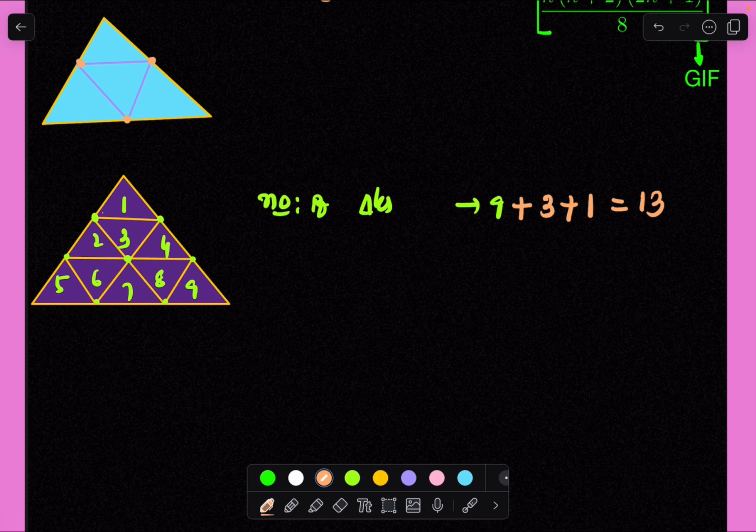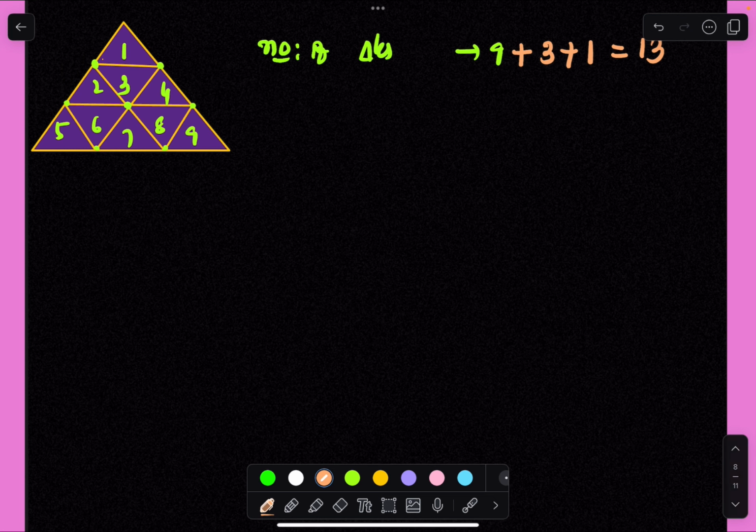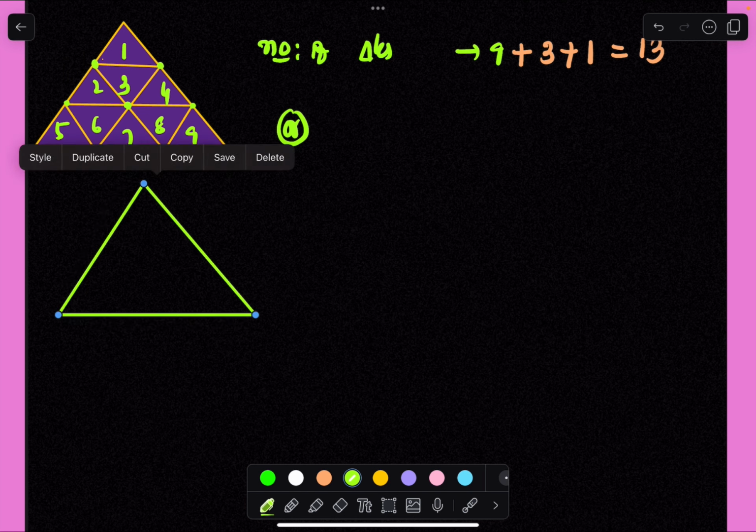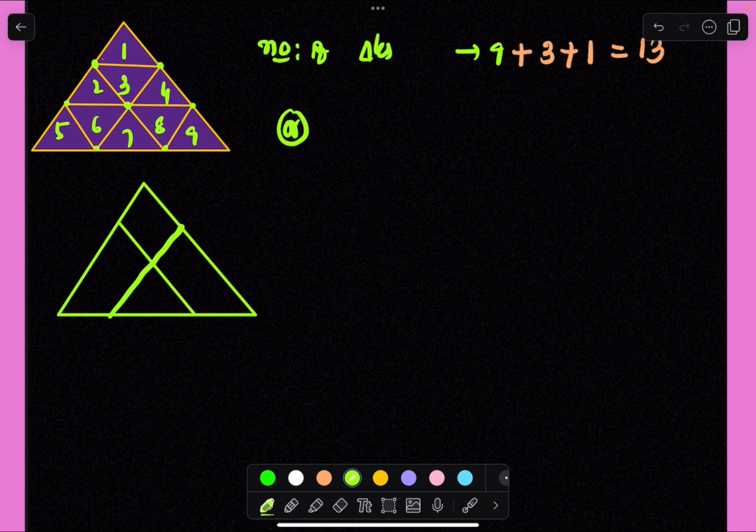So the same thing we can tell a little bit differently, right? How can we tell the same thing differently? We'll see that. So alternately we are explaining the same thing. After that we can give the formula also. So this is one triangle. This is a given triangle, and the base got divided into how many parts? We'll check: 1, 2, 3. This is not the previous type, so 1 plus 2 plus 3 we can't add here.